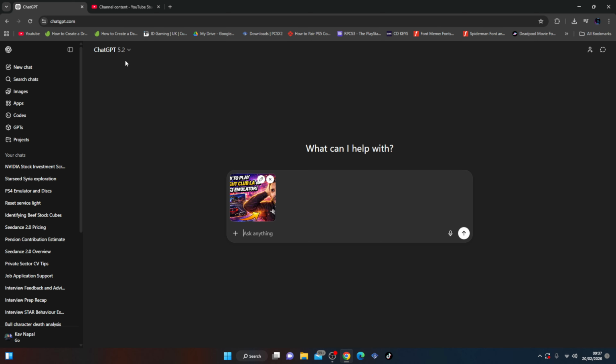Alright guys, so the first thing you want to do is head on over to ChatGPT. You can see I'm using ChatGPT 5.2. So for this example, I'm just going to use an image that I already have. And basically what I'm going to do is ask ChatGPT, using my face from the image, can you generate me a YouTube